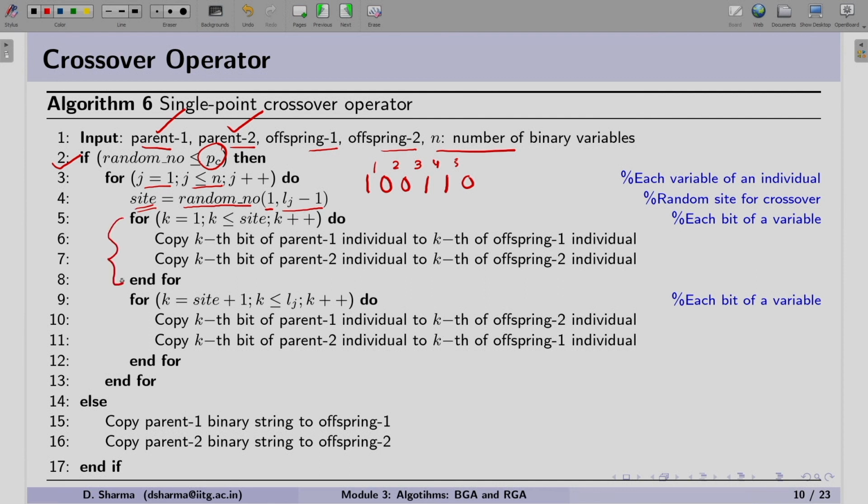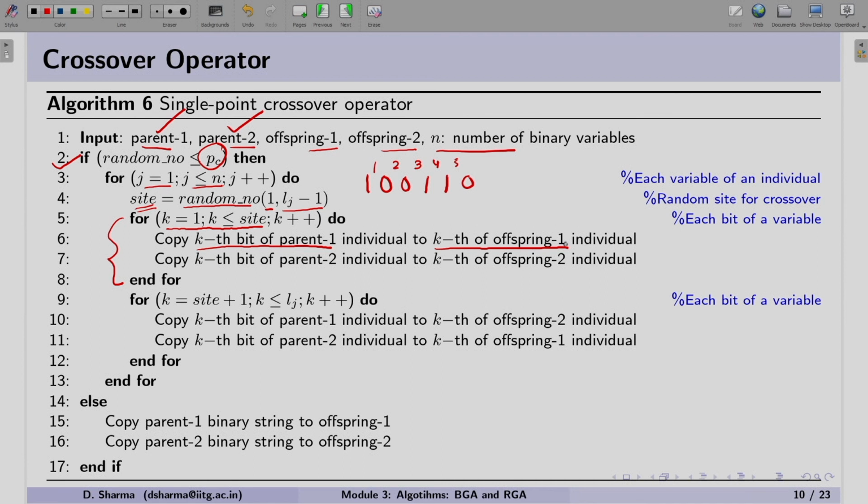Once we have decided the site, the first task is, as you remember, that we have to swap the tail. In this case, the head of the binary string up to the site should remain the same. That's why we are running a loop. As you can see in step number 5, we are running a loop from k equal to 1 to the site, and every kth bit of parent 1 is copied to the kth bit of offspring 1.